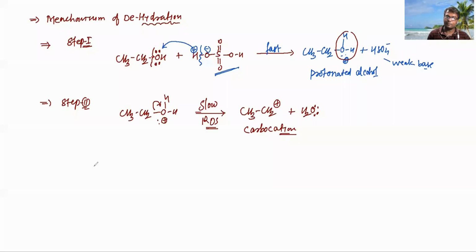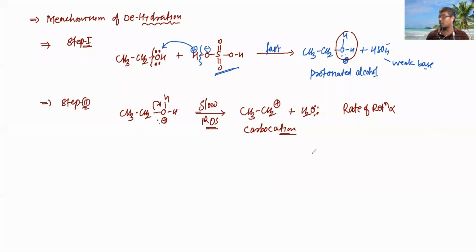The rate of the reaction is directly proportional to the stability of the carbocation. The more stable the carbocation, the more product is formed. And we know that tertiary carbocations are more stable than secondary, which are more stable than primary. Hence tertiary alcohols form the major product, meaning their dehydration rate is fast.